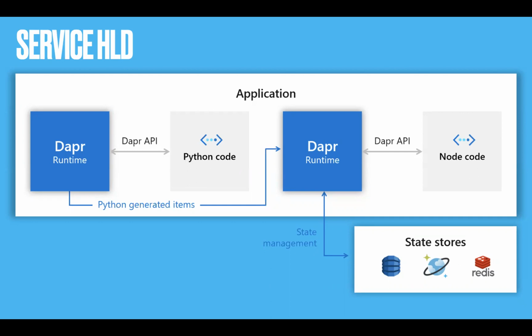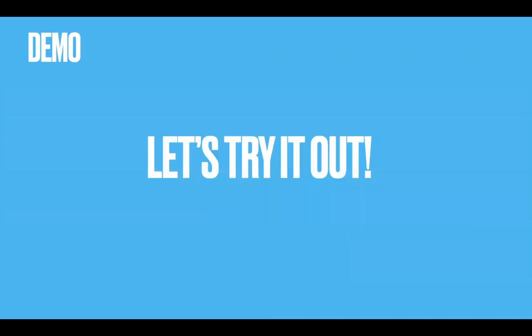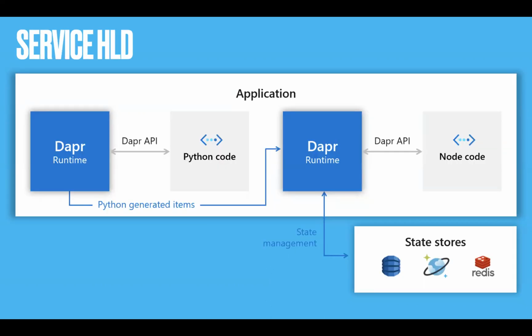So here we can see that there are two different languages we are using. The communication between these services is being managed by Dapr, and the state store management is also done by Dapr. Redis is provided inbuilt with Dapr. I don't have to install Redis or take care of anything. I just have to define Redis in a YAML file, and I'll show how we do that also. Okay, so let's try this out.